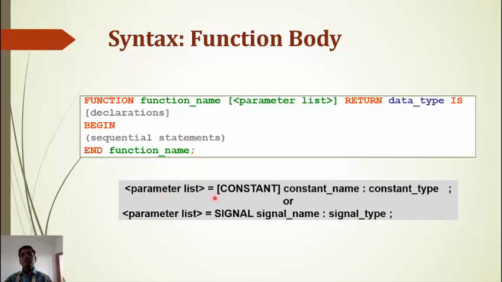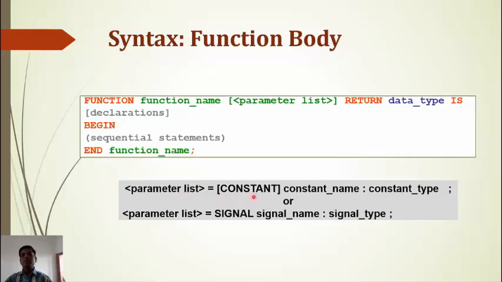Parameter list is equal to constant_name : constant_type; another parameter list is equal to signal_name : signal_type. In this way, we have the syntax for the function body: function function_name (parameter list) return data_type is, then declaration statements, begin, sequential statements, then end function_name;